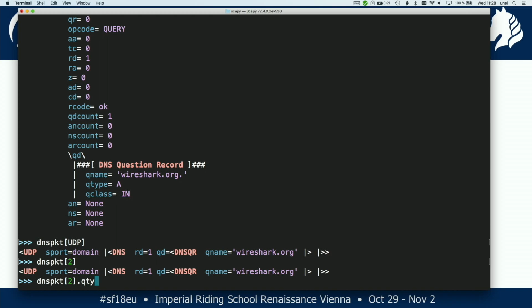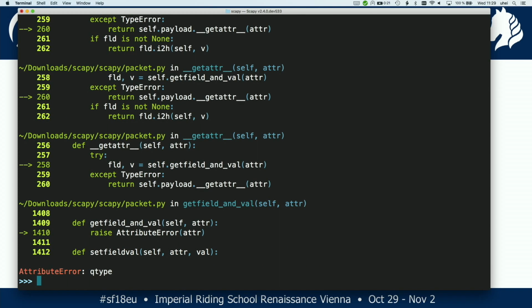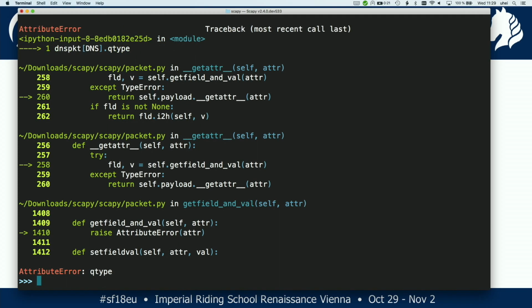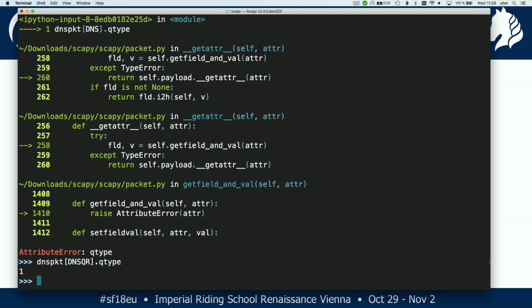So, now we want to see the Q type. Have a typo? No. Yeah, 2 is UDP, and we have no DNS. I should prepare it. It's in the DNS query. Sorry for that. So at the moment it's 1, it's an A record,